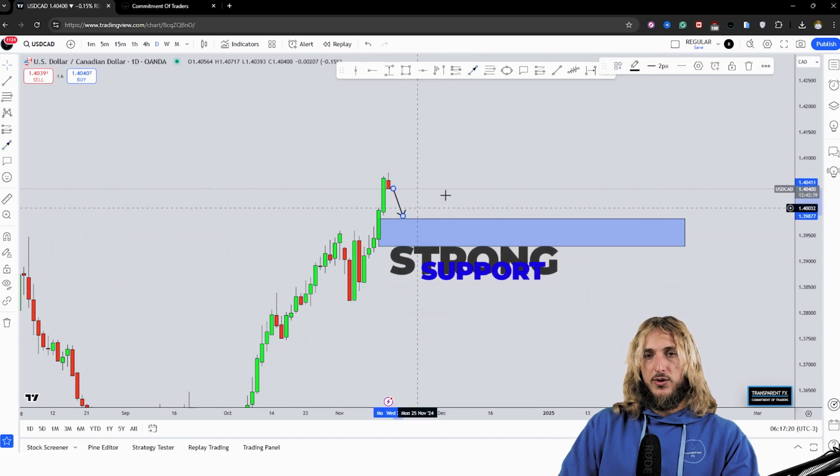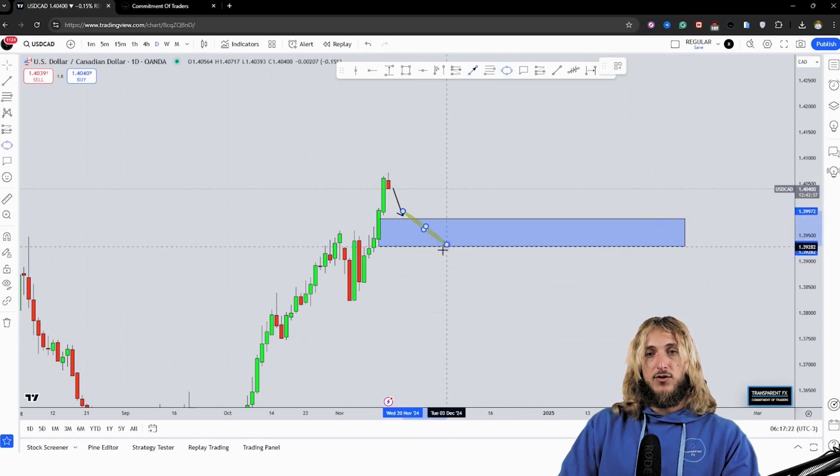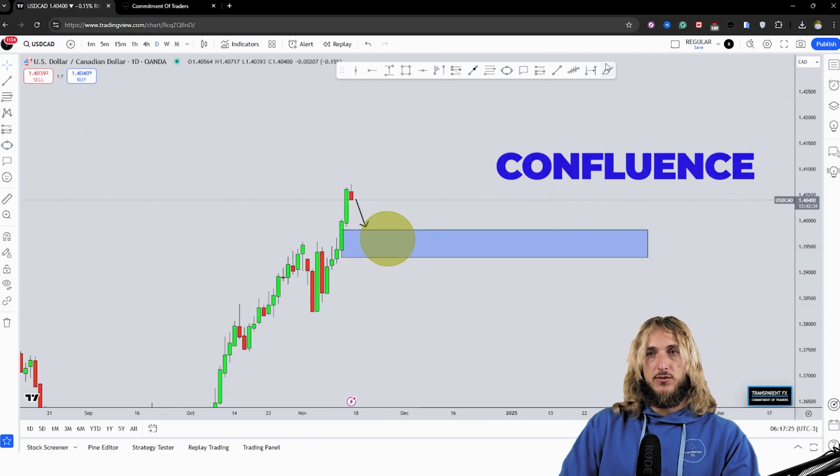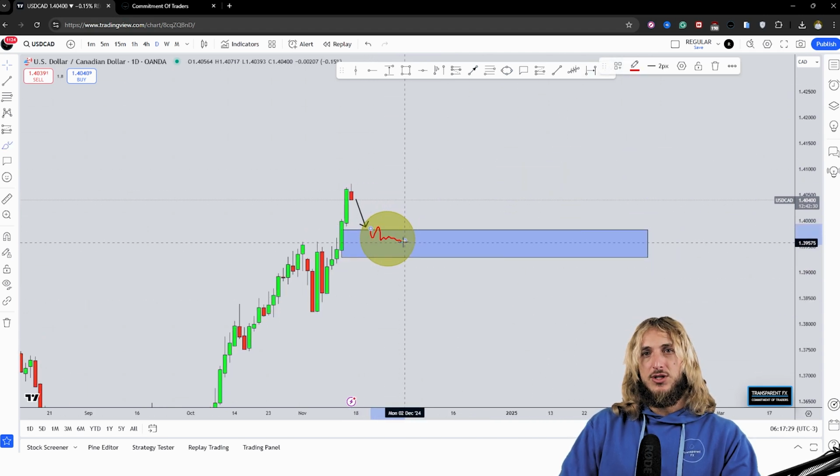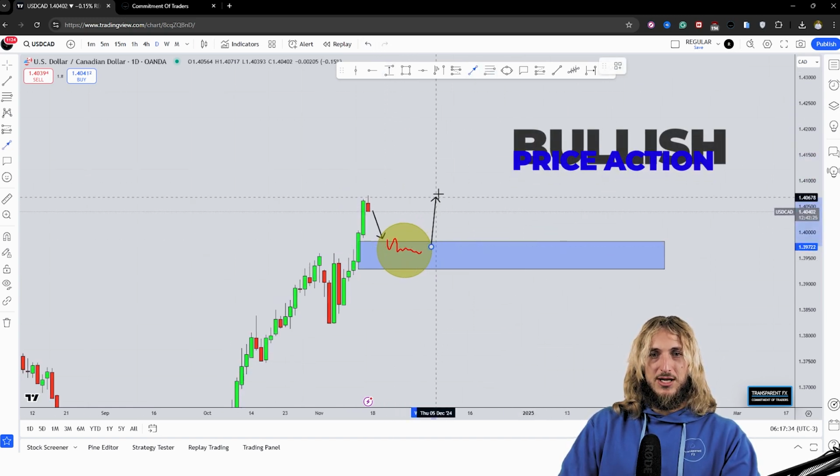So if the market will now go and retest this level, here we have confluence of support. And in a confluence of support zone, we have an increased probability of seeing institutional longing, which at that point could further increase the probabilities of a potential rejection to the upside away